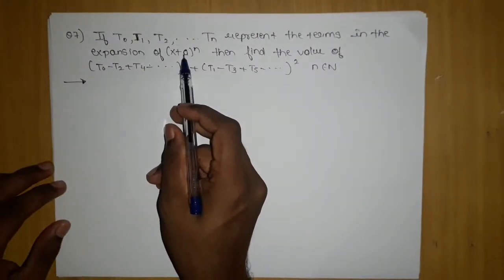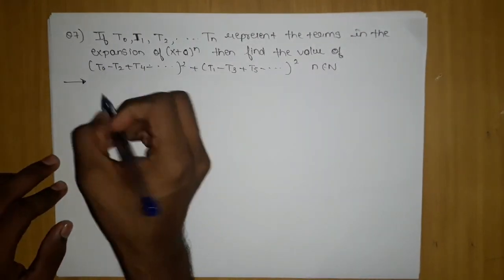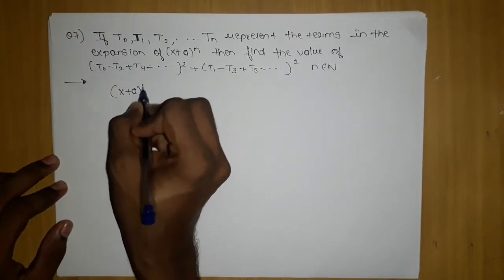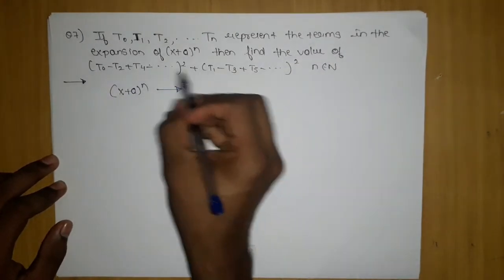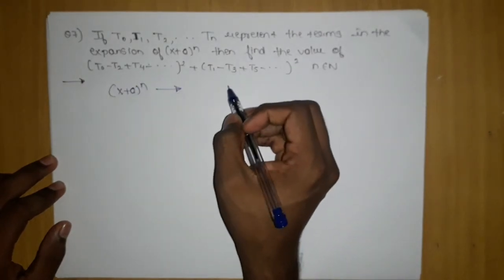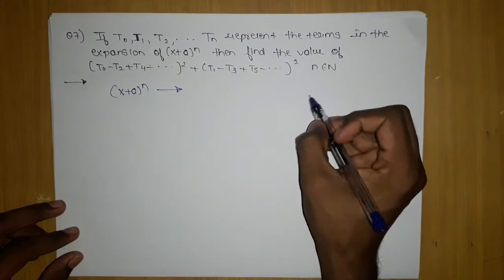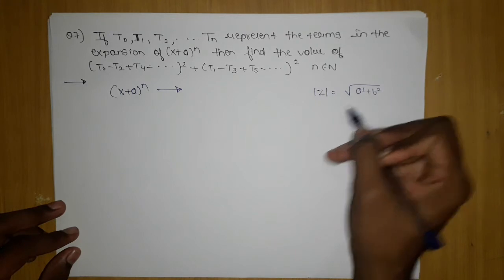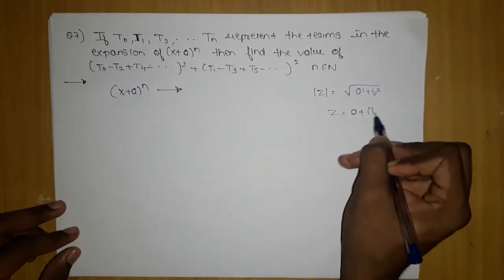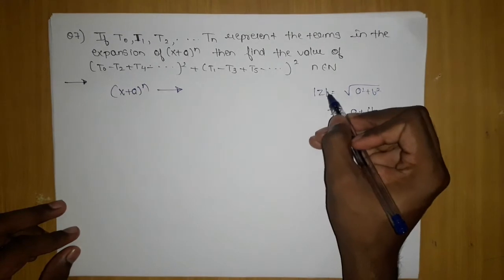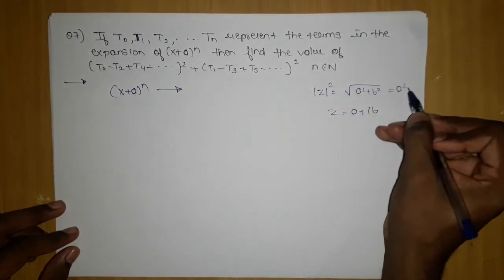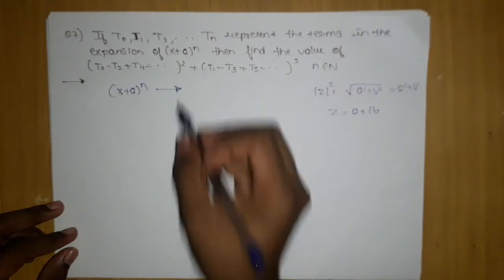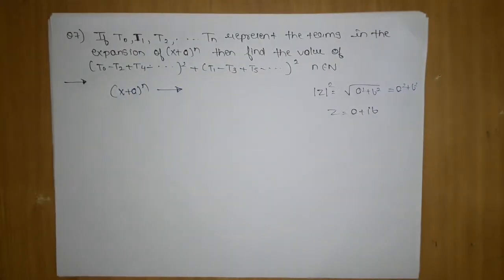So what I should do in this expansion, the expansion of (x + a)^n, is note that this can appear only if this is the real part and this is the imaginary part. If I take the modulus of the real and imaginary parts and then square it, I will get this solution, because you know modulus z is nothing but the square root of a² + b², because z is nothing but a + ib, and if you square it, it will give you a² + b², which you can clearly see, because this is the imaginary part and this is the real part.